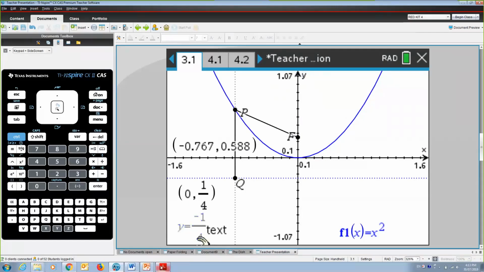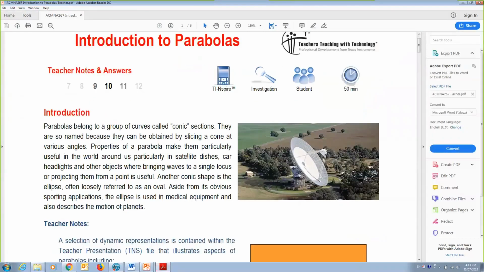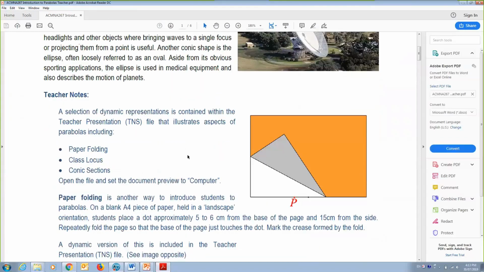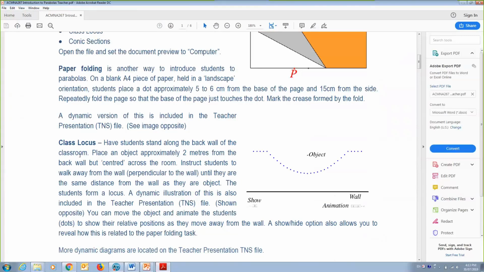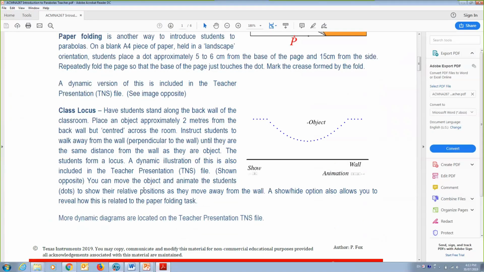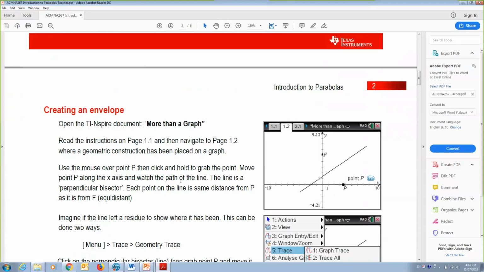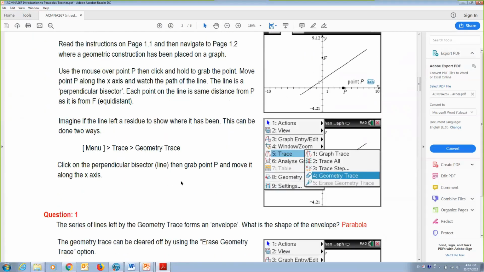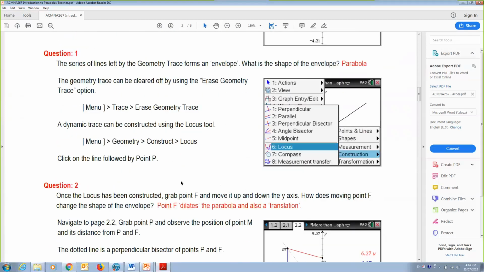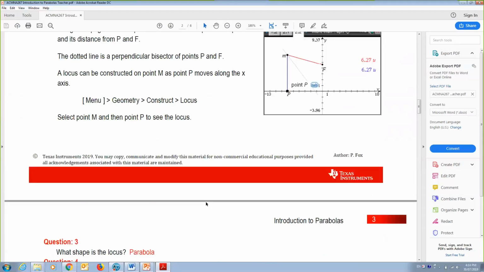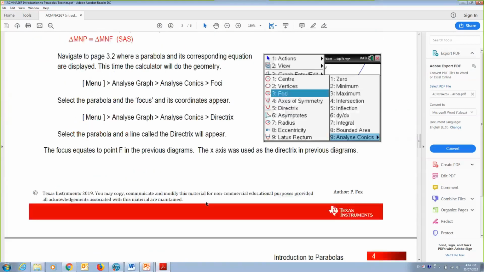Now, a quick and final look at what the activity looks like. You can see we've got a picture of the telescope at Parkes. Here's some of the teacher notes, so everything that we've been going through. Our class locus, that is getting the students to walk from the back wall of the classroom. The creation of an envelope. Kids enjoy the dynamic nature of that with all the instructions there. They construct a locus, so they're learning some good geometry terms. And the last bit, one little application,